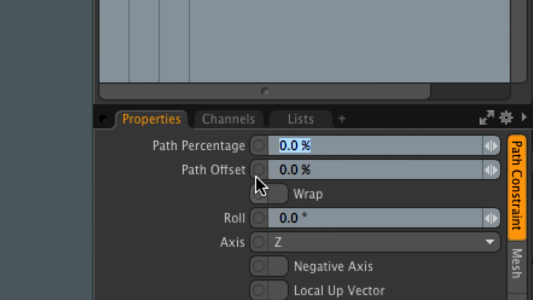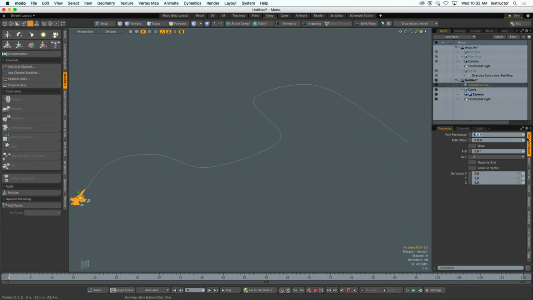Path percentage, I'm simply just going to scrub through the value here. Of course, that's an animatable channel too, right? Let's just do it real fast. Let's put it at 0. Set a keyframe there. I'll go to frame 120. I'll put it at 100%. So 0% is the beginning, 100% is at the end. If I play my animation now,